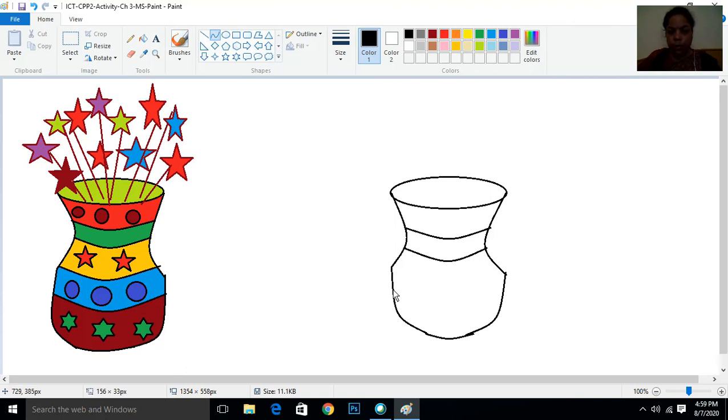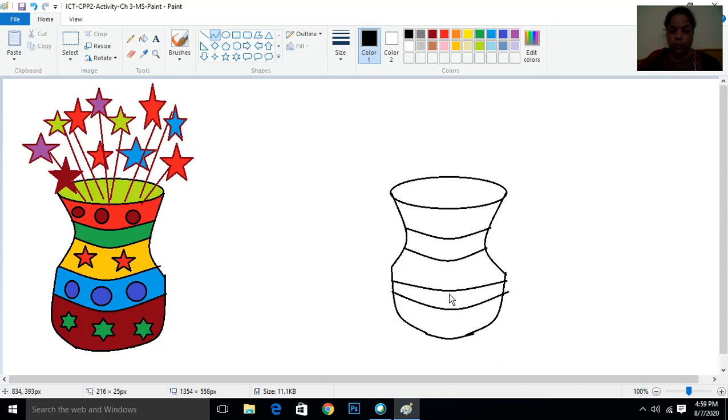Now I will draw the bottom part. Now I will again click on this bottom part. Shift key I have pressed. You can see my curve is here. I have to again click on this. Now you can see, it is not clicked properly, that's why it is coming like this. So you can click here also and just drawing the line here.